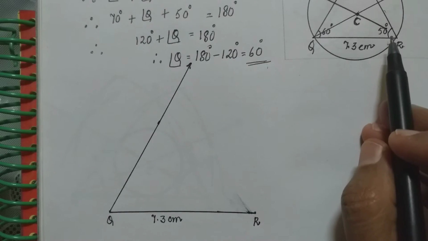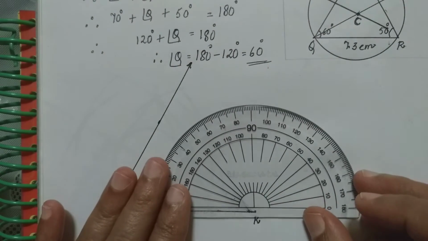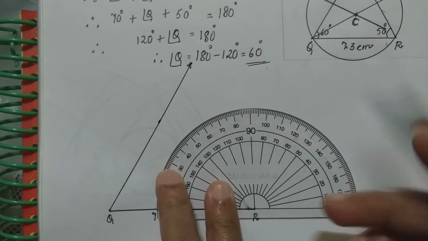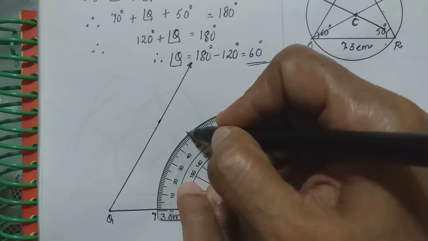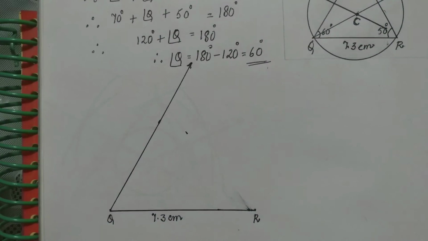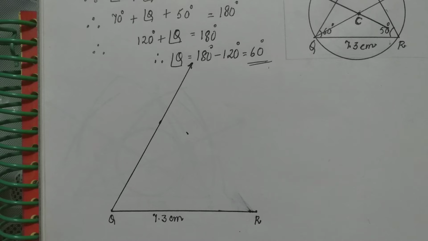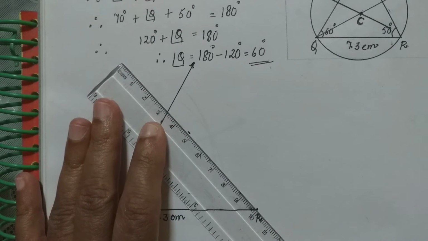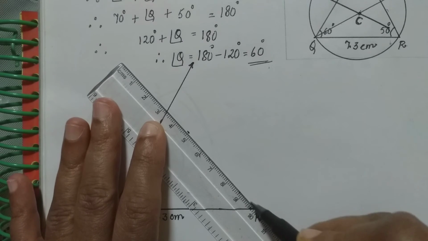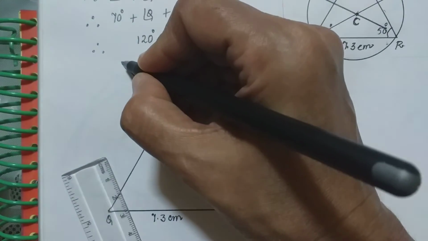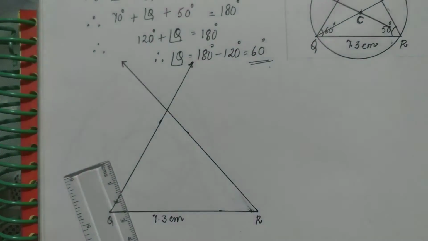Same thing we do at R, but at R now we see that the measure of the angle is 50 degrees. So we keep the protractor at R, measure 50 degrees, which is an acute angle. Therefore this we have to do on the left hand side. So after this is marked, we take the scale, keep it at R and see that the ray passes through the point which is marked now and complete the ray by putting an arrow mark.